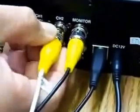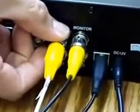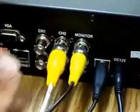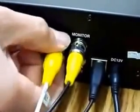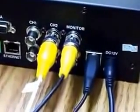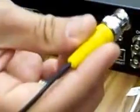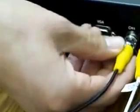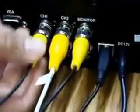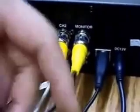So I'm going to put it in. It just pushes on, and then you have to twist it. You'll see it twist here. It twists. Now it's locked. If it's not twisted, you may have a bad connection, and later on you'll notice maybe a malfunction in the DVR. So you go ahead and do this with the second wire. You do it again. You just press it in like we did before, and you twist it. And again, if it's not twisted, you could have a malfunction on the DVR. Malfunction sounds like a high-pitched whine or